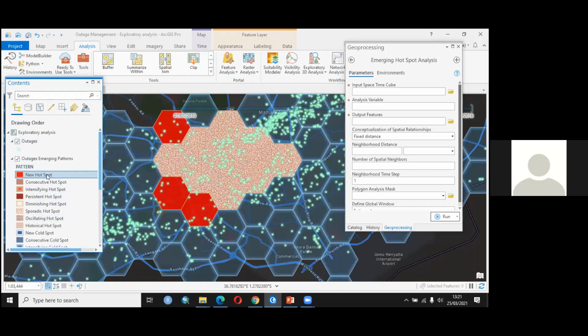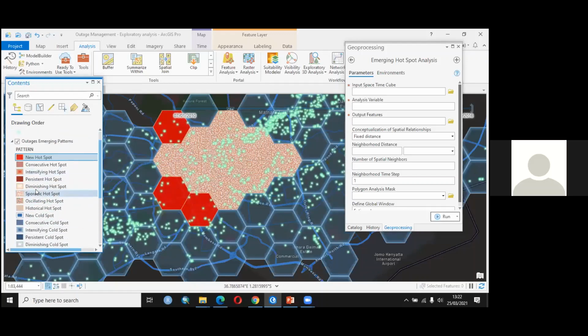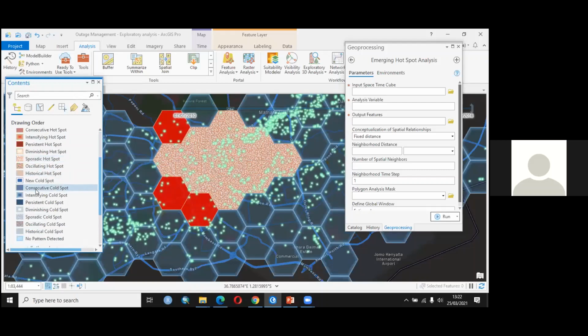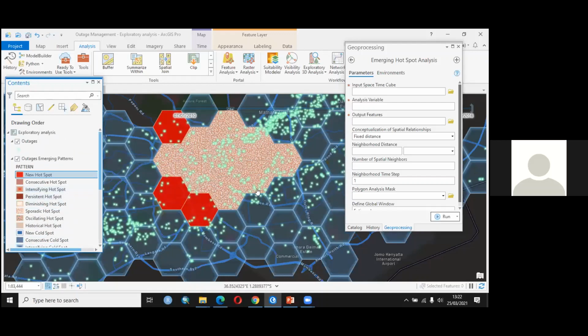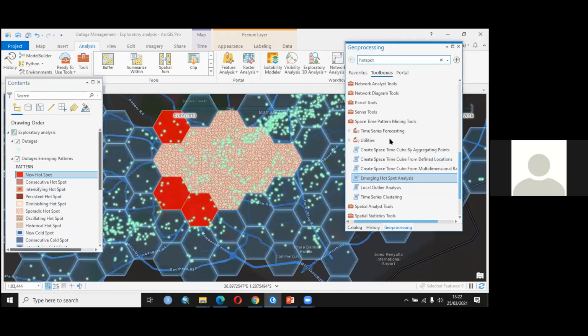And ideally what this means is that within our networks, we are now able to model space-time cubes and understand how they are changing in terms of whether they are an emerging issue area we need to address, whether they're a cold spot area that is ideally changing to an intensifying hotspot and eventually changing into a very hotspot area. So this is a very powerful tool, and it's available within the utilities bit of this, and this runs around the time series forecasting of data and understanding how our data changes in